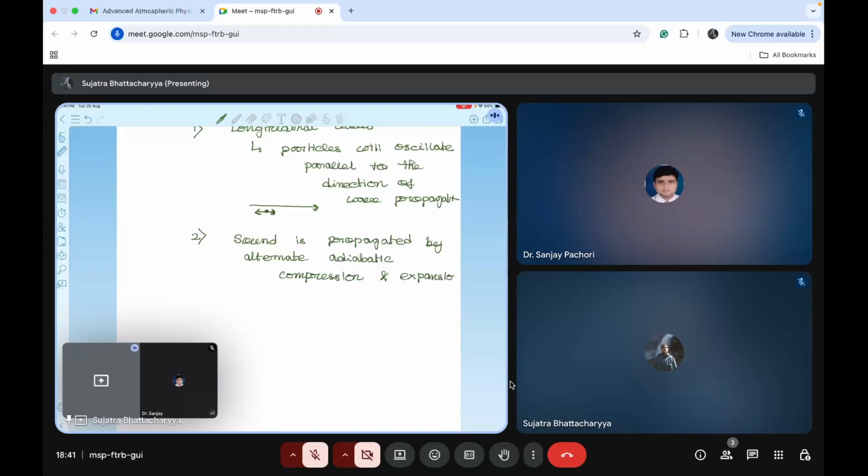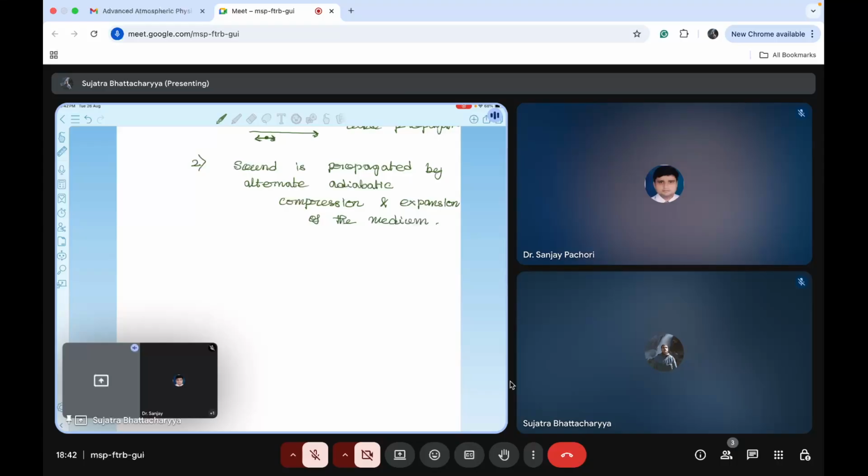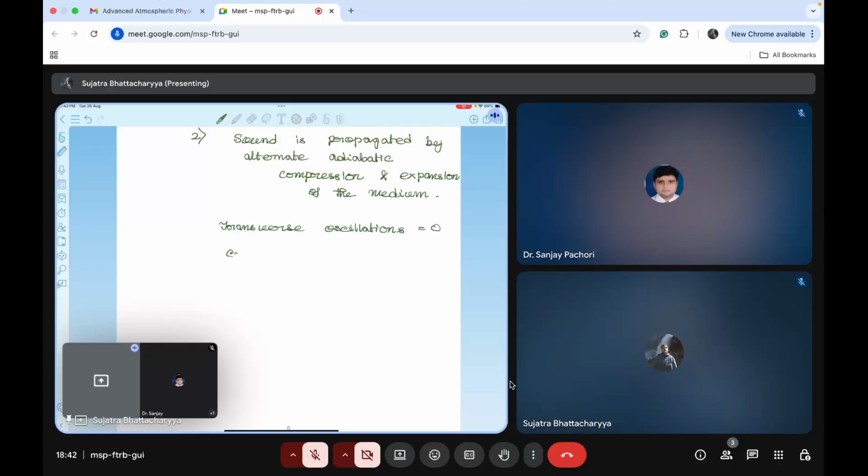The medium will not change. It just will transfer the vibration in the direction of the wave. So compression and expansion of the medium. This is how the sound waves will travel. Okay. So since it is a longitudinal wave, one of the things is that we will assume that transverse oscillations will be equal to zero. Okay. So now what we will do is that consider